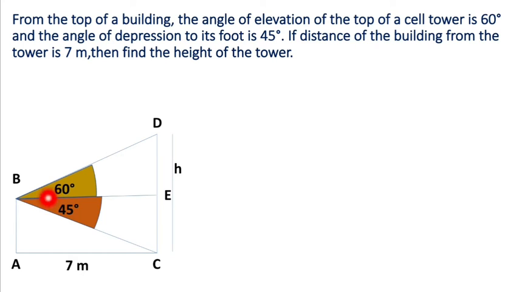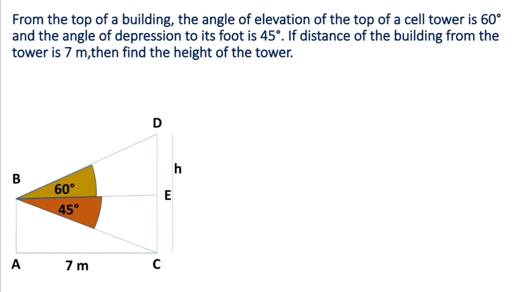Clearly we are observing two right angle triangles here. One is BED. Just observe this. BED is one triangle, and BEC is another triangle. Here also we know the angle. But we don't need this one first, because we have to find out the height of the cell tower. The height of the cell tower is divided into two parts. One is C to E, and the other is E to D. First calculate CE and ED, and after that by adding these two values we get the height of the cell tower.